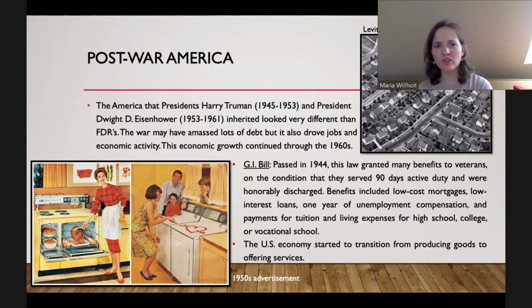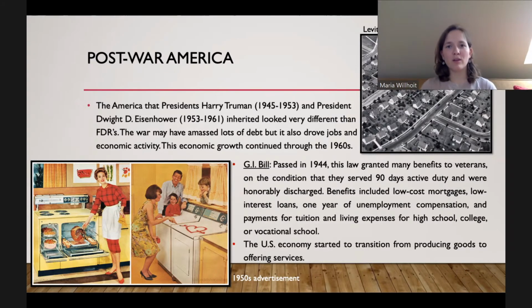And one thing I should mention about postwar America is that this is where we start to transition from producing goods to offering services. I'll get more into that next lecture, but because we have so many soldiers, and men and women even, who have now acquired experience and education so that they can have managerial positions, we have less and less need for people to produce goods, and now we're offering services. We're producing so many goods that now we have our corporate headquarters here, and we need people to manage our corporations.